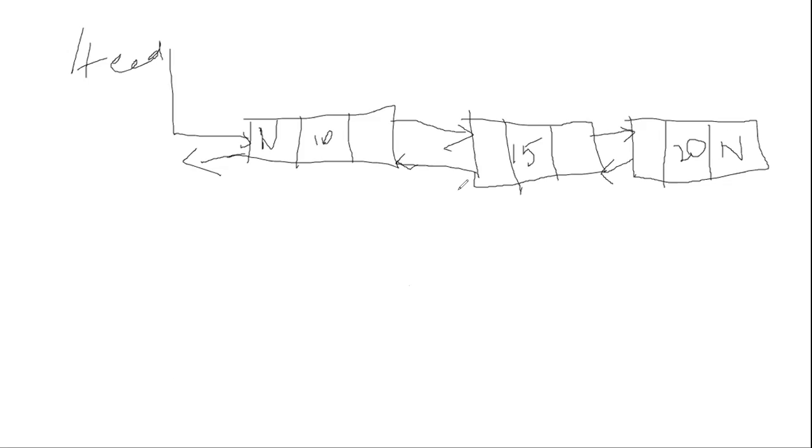Now they ask me to add one node with value 5. So what do you have to do first? I have to create a node. Am I correct? I have to create a node separately. No, the first step of the programmer is you have to create a node with value 5. I have created it.